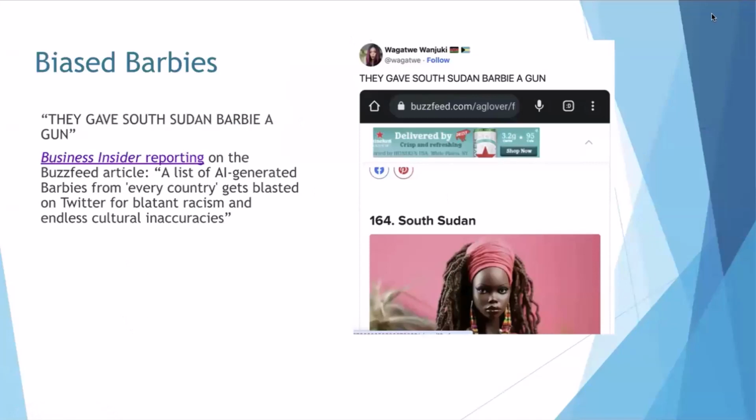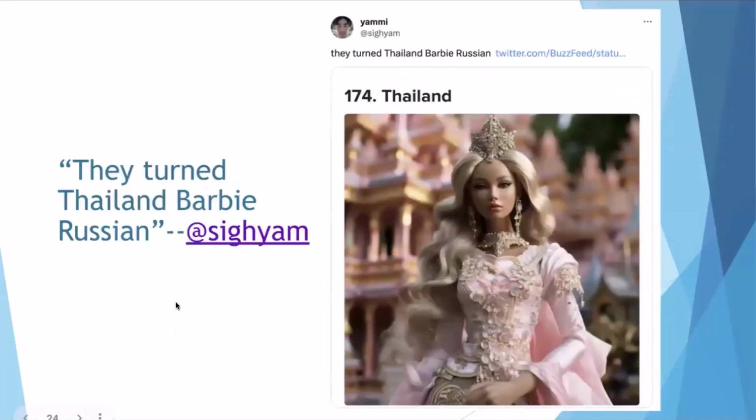Another one is fun and disturbing, fun because it's referencing Barbie, but disturbing in what it shows. So BuzzFeed did some experiments over the summer, and Business Insider reported on it. If you ask for Barbies from different countries in the world, you get these very biased and inaccurate portrayals of national identity. So when they asked for a South Sudan Barbie, it showed a woman with a gun. When they asked for a Thailand Barbie, they got sort of a blonde Russian style appearance.